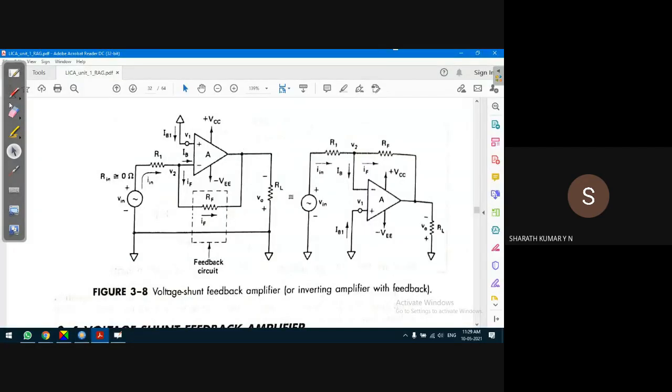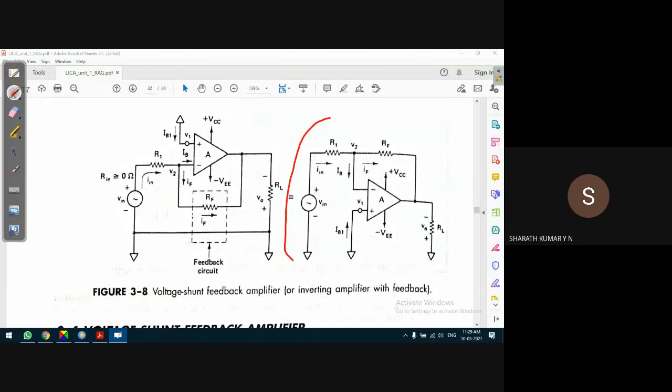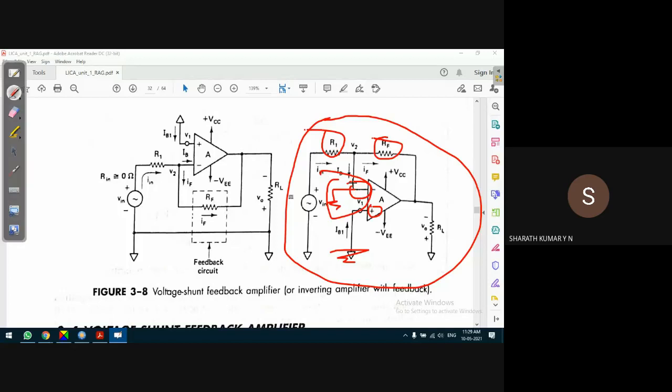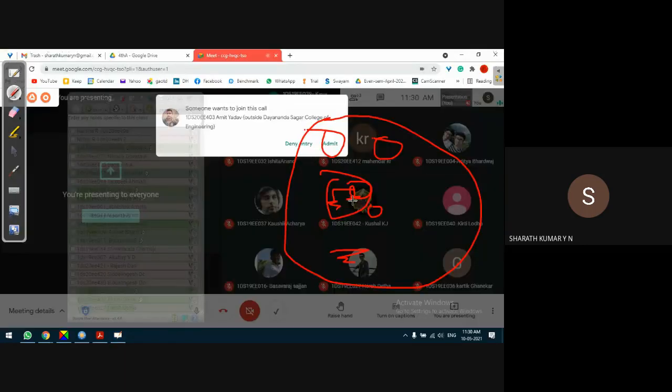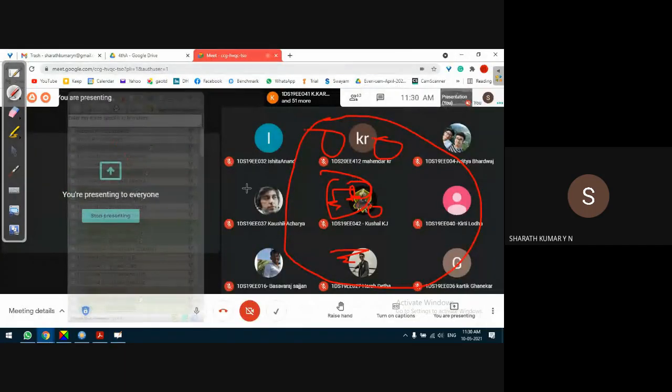So on the right hand side, we have the simplified inverting amplifier. RF is the feedback resistance and R1 is the input resistance. The non-inverting input terminal is connected to ground. Because of that, as we have just understood, the inverting input terminal is at ground potential. This inverting input terminal is called a virtual ground. Why virtual ground? Because the op-amp forces this terminal to be at ground potential, because the non-inverting input terminal is at ground potential. That's all it is.